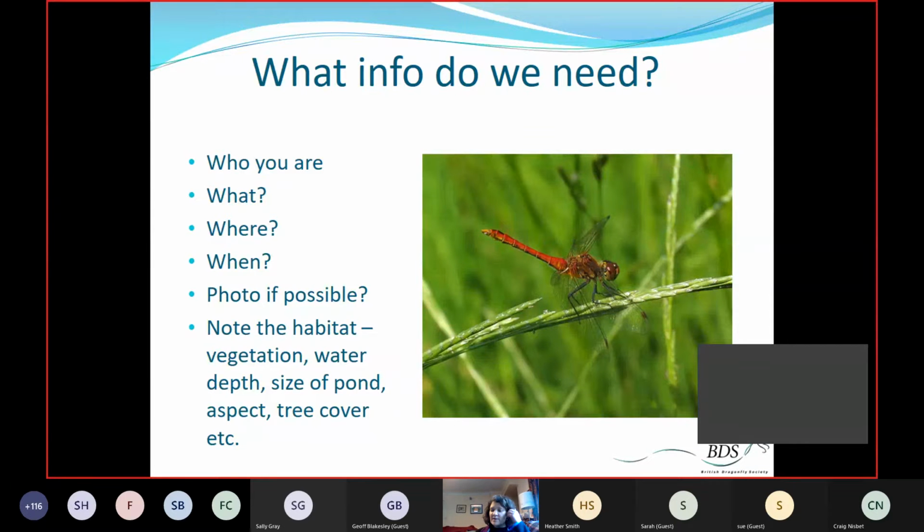And if you can note a few extra features and just include them in the notes, that would be really helpful. I've been working on a spreadsheet linking our rare species to landowners so that we can get in touch with landowners and speak to them about conserving the rare species. And if we know a bit more information without having to go out there, it always makes things a bit more